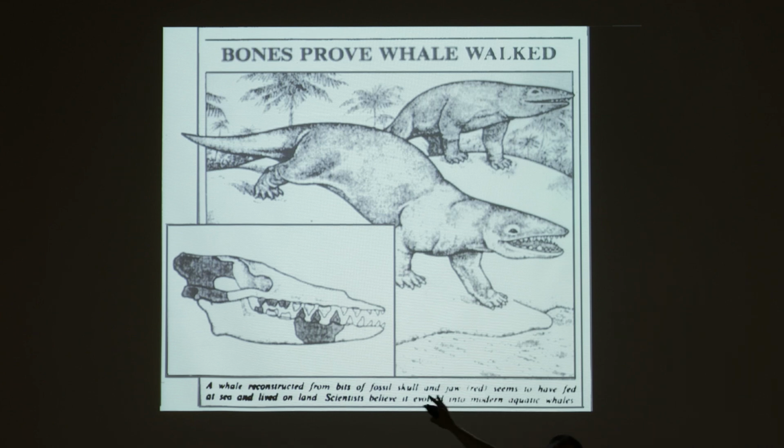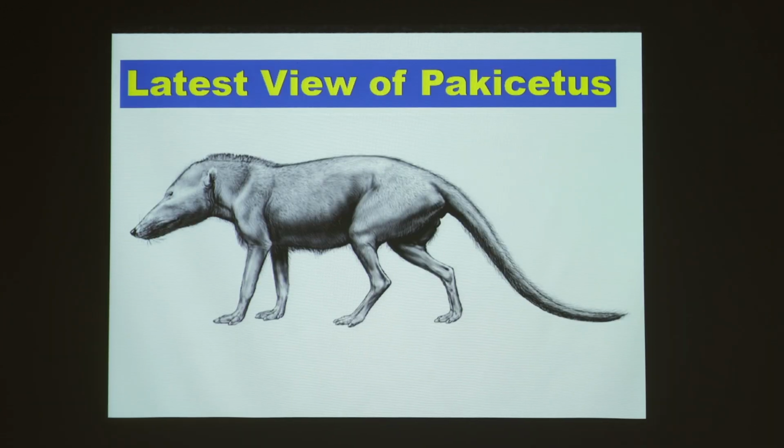Oh, but it's not the whole skull. It's just the dark areas. All the white stuff is filler. Now, are those little pieces of skull really enough evidence to prove all the rest of that creature? I don't think so. It also is confusing that it says that the bones prove the whale walked. Really? You have no feet, no arms, no shoulders. You have pieces of skull, and that's enough to prove that this animal walked? I don't think that's sufficient evidence. And here's the latest view of Pakicetus now. Well, it's looking more like a rat to me, right?